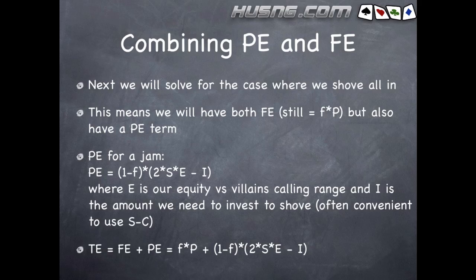You notice that that's the same pot equity term. The second part is the same term as we used in part 1 of the videos when we were just dealing with calling shoves. The only difference here is that there we were saying that we had no fold equity. So of course the first term, 1 minus F, was just 1, so I just didn't have it. But here we do need to deal with the fact that some percent of the time we will be folding out villain's range and not have to be all in versus. So those are the different terms. And notice that I say I is our